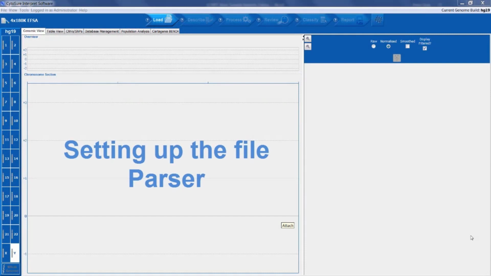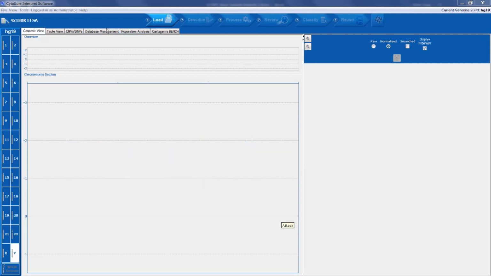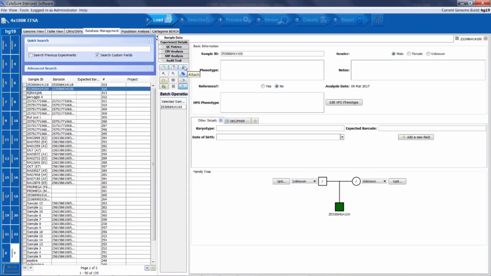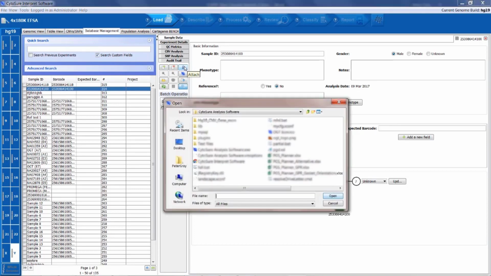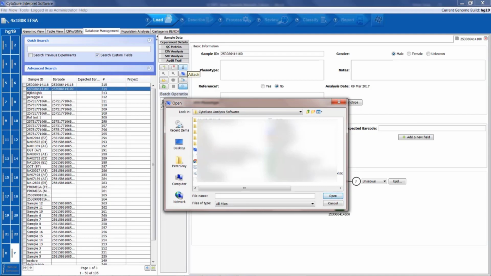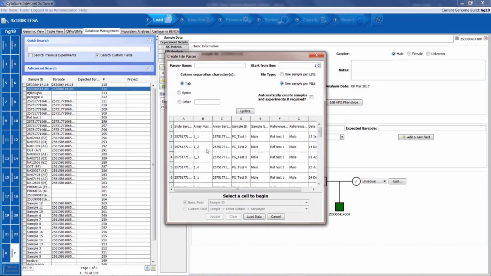Once the text file has been generated, it is necessary to create a file parser to import the information into the software. Go to the Database Management tab and click on the paperclip icon. Navigate to the text file created earlier and click Open. The Create Parser window will now appear. Give the file parser a name. Select the column separation character used, in this case tab,